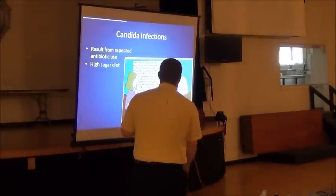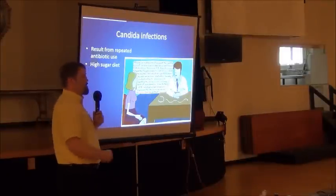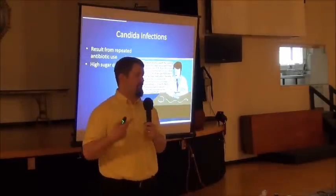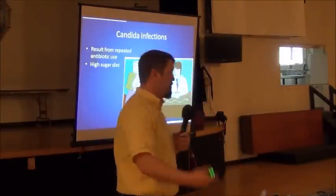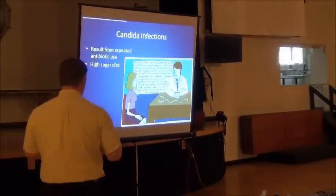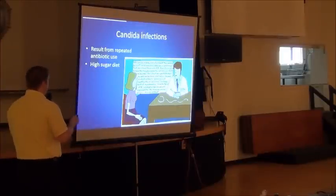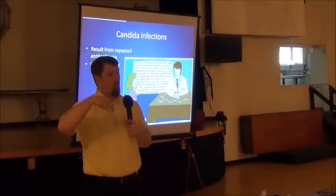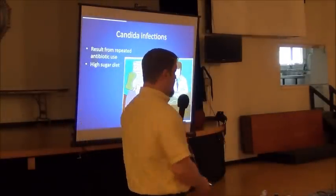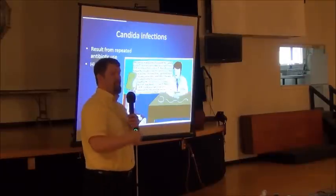Candida obviously is a fungal infection. Systemic candidiasis. Many patients with Lyme disease have this because, again, their immune system is already trying to fight off other things. And so this, which is normally very easy for your immune system to kill off, now is free to kind of run rampant. The other way that this develops is because, again, when somebody initially is diagnosed and initiates treatment for Lyme disease,